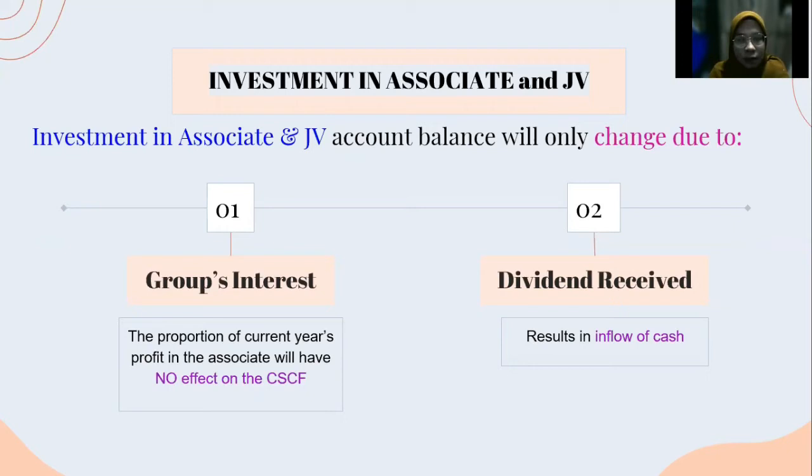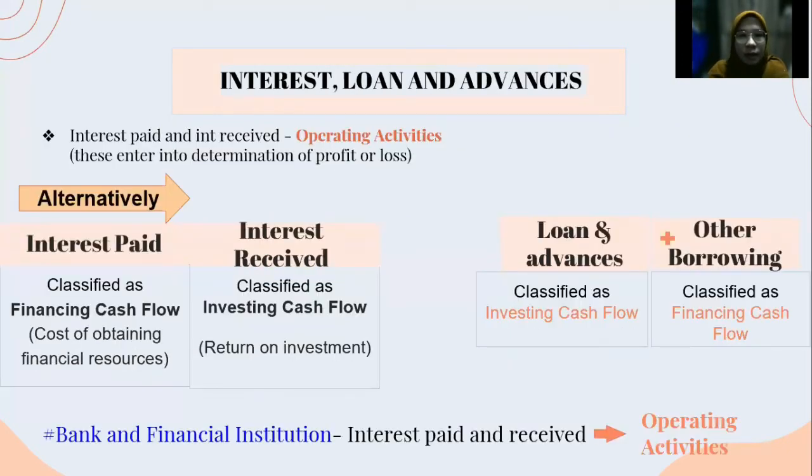The effect of dividend received on the cash flow depends on the method used by the company. Next, I will explain the treatment of interest, advance, and loan. For interest paid and interest received, the general rule is operating activities, because these enter into the determination of profit or